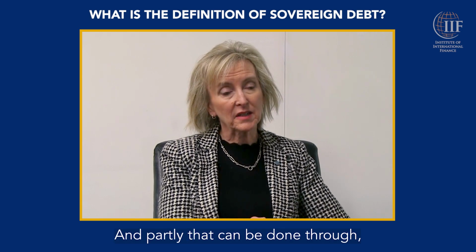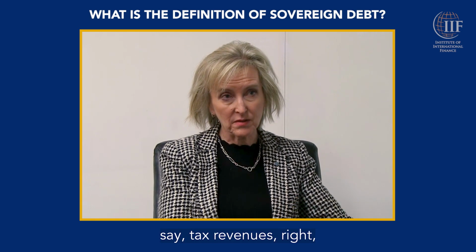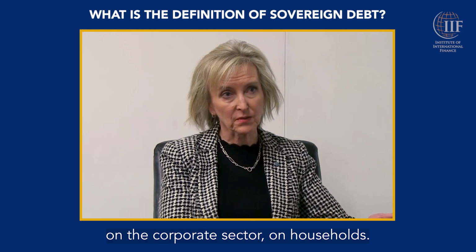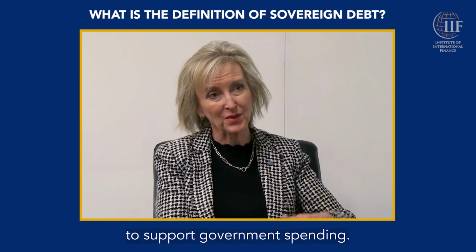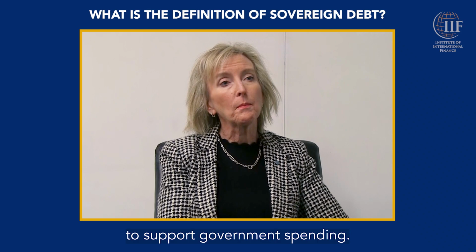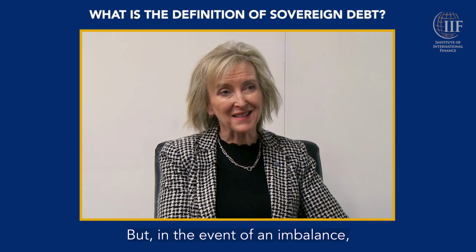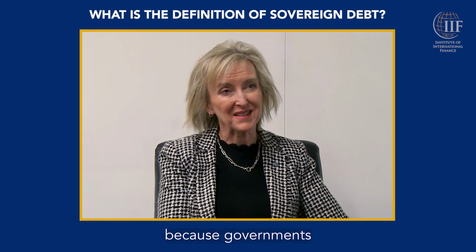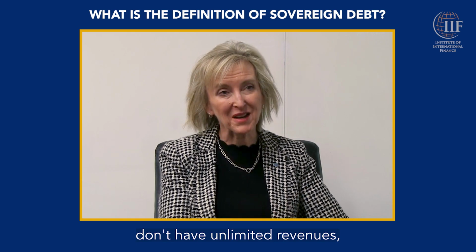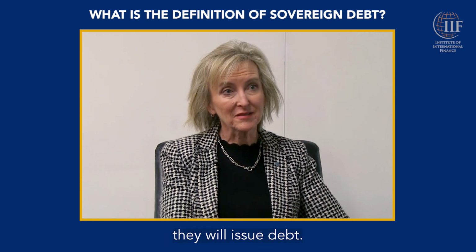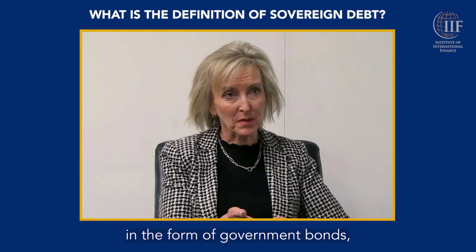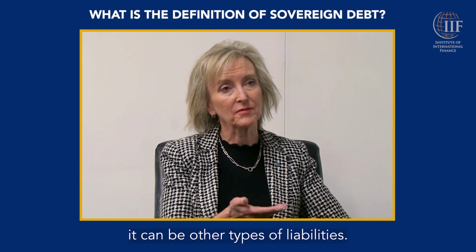And partly that can be done through, say, tax revenues, right, on the corporate sector, on households. That raises revenues to support government spending. But in the event of an imbalance, and that is typically the case because governments don't have unlimited revenues, they will issue debt. And that debt could be in the form of government bonds, it can be other types of